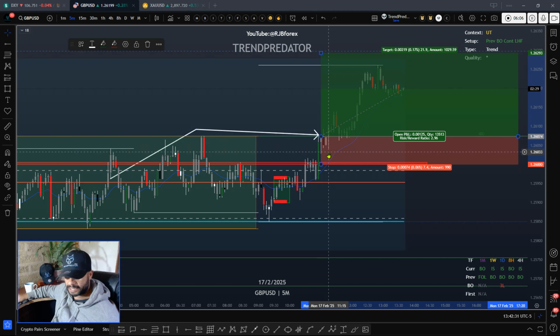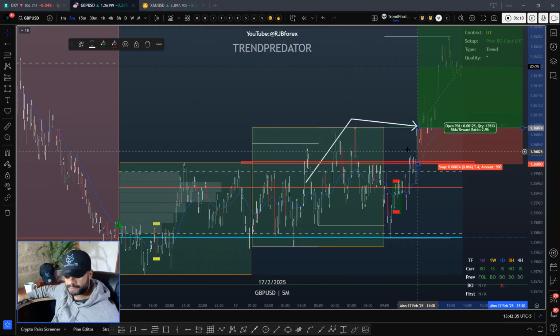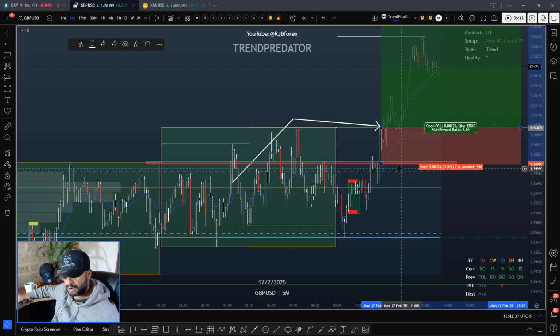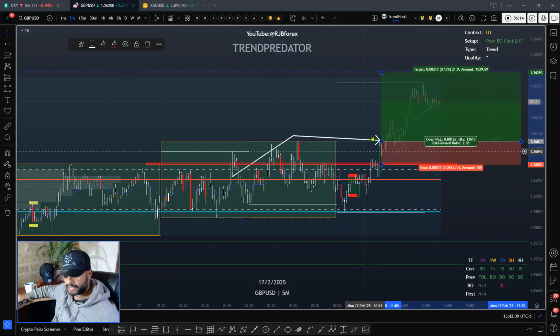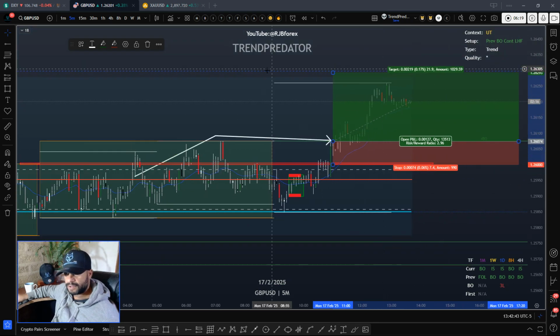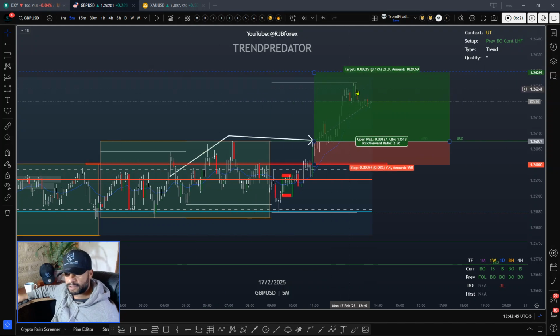So that was a nice, as we're rolling through that Asian high, to have got into that market for a nice 3-to-1 opportunity up towards the highs of the day, with our stop loss below the Asian highs, in anticipation that if it were to come back in a stop hunt, then if we get below the Asian highs, then perhaps we're getting faked out and we're better off out of the trade and reassessing things. But it didn't come in below the Asian highs and continued up. So there's money on the table there